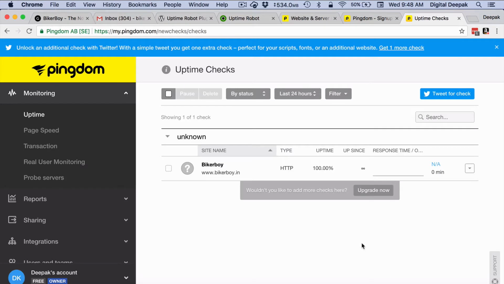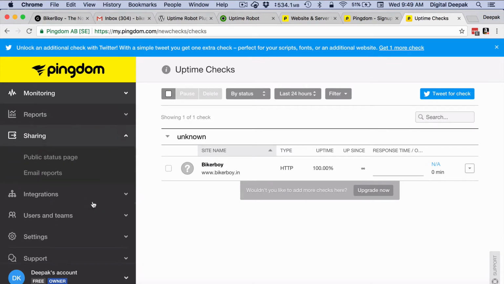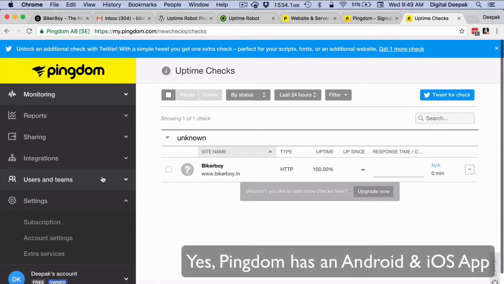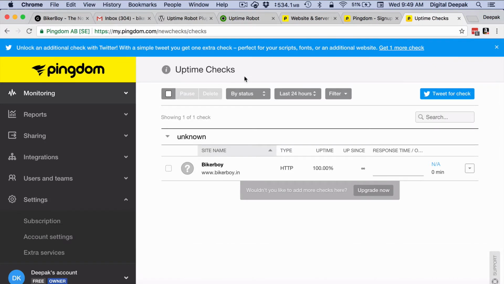Now Pingdom will start checking my site for uptime. It just got started, so there are no stats yet. But if the website goes down, they will send me an email. I think Pingdom also has a mobile app that gives push notifications if your website goes down. You can set up this simple uptime monitoring service and start checking what percentage of time your website stays up in the entire month.